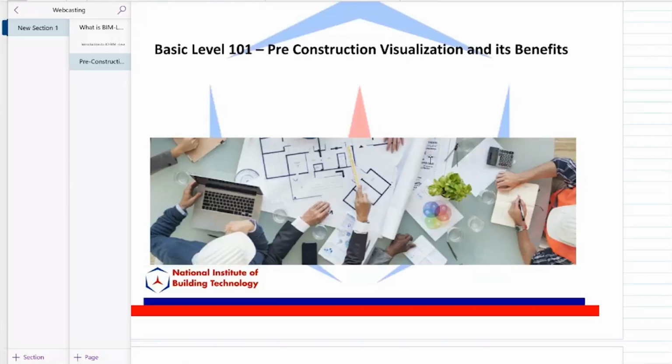What is the difference? Authoring means when you draw a model, you model something, which means you're authoring a model. You're saying, here's the wall, here's where I'm going to draw the door, here's where I'm going to do this. These are called authoring programs. And then there are federated programs, which are for construction planning.